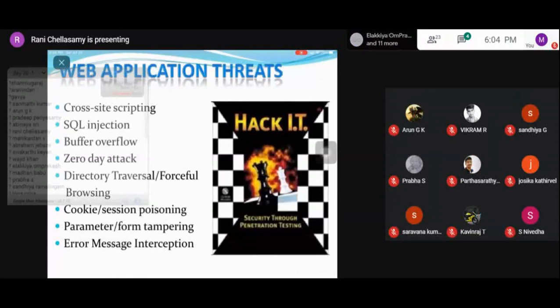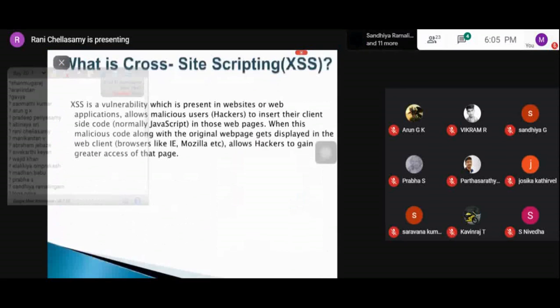Okay, so let's see the anatomy of the attack. The attackers follow these steps. First the attackers go on scanning to find the possibilities to hack some information. Then they gather the information, then testing is carried out, then planning for the attack, and finally launching the attack on the victim's systems. So this is the anatomy of the attack.